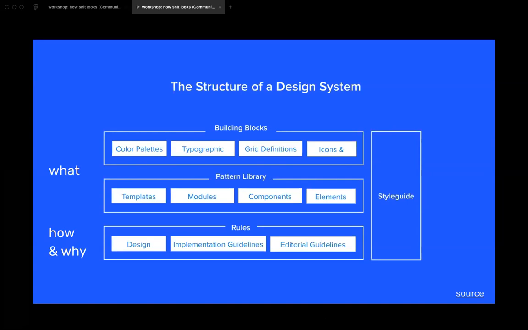So the what, this includes all the design styles and elements. So to just read off this diagram, the color palettes, typography, grid definitions. So that's spacing and layout. If anyone went to Sam's workshop, that's what hers is about. And also icons, which also might not necessarily be used in your product. And then going into a higher level view of the what, the pattern library. So this includes your components, and then